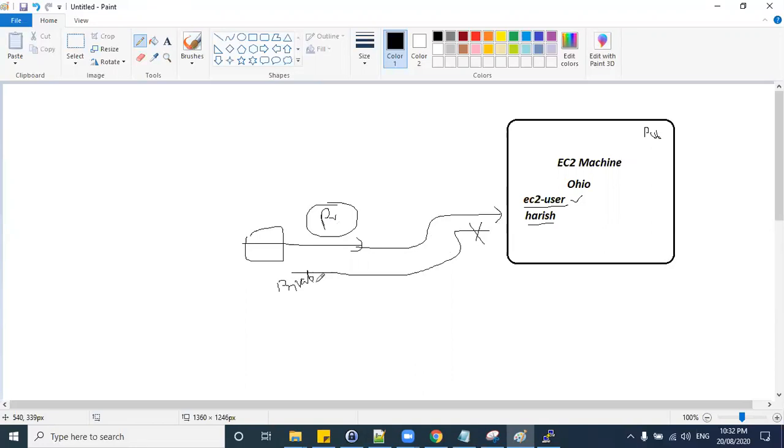So I need to create a private key for me now, and also I need to create a public key inside this EC2 user. Once this public key is available, it will recognize the private key that Harish is bringing. If both match, then only we will allow the communication between this user and this EC2 machine. Did you get the context of what we are trying to do?